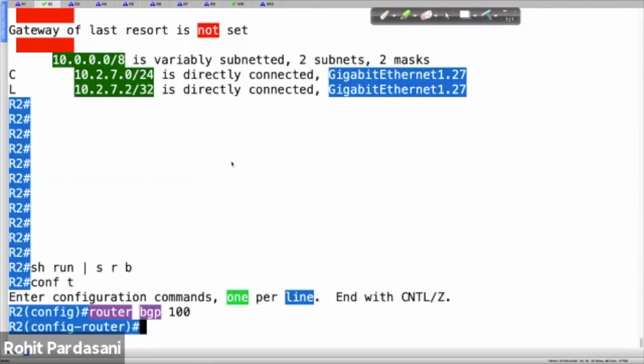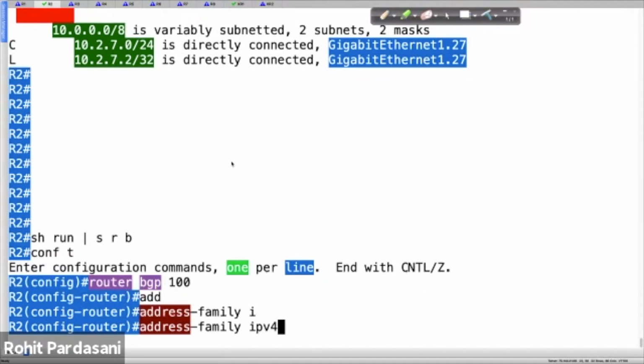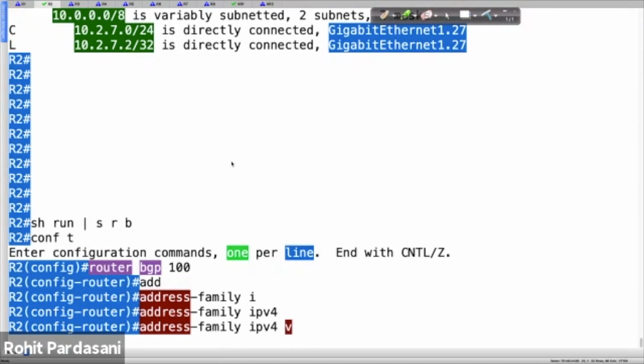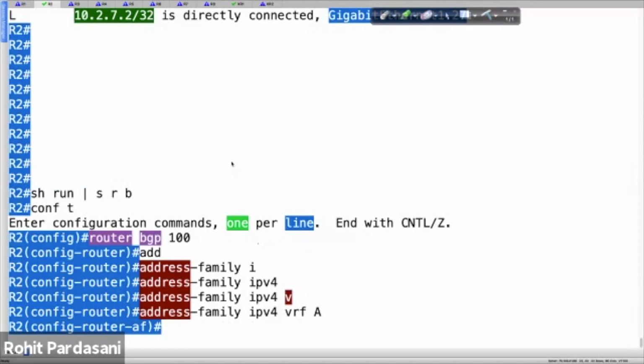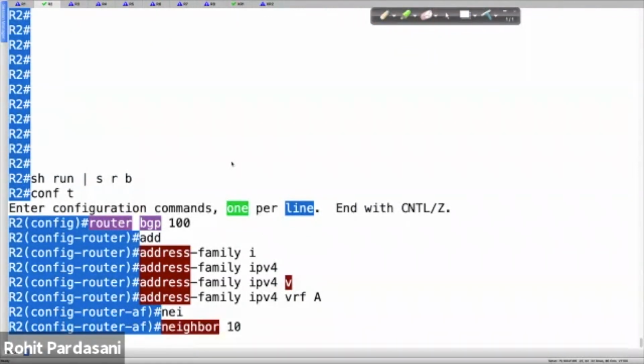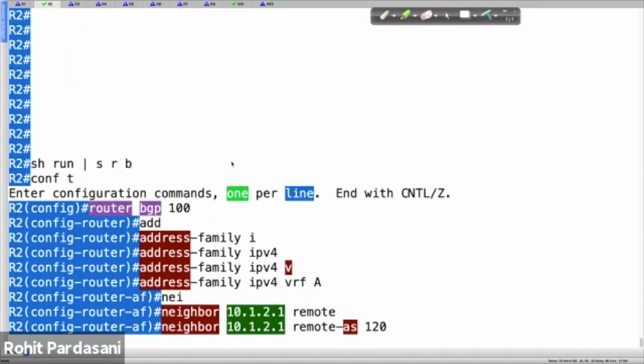Is my neighbor in the global routing table? No, because I have moved the customer-facing interface from the global routing table to VRF A, right? So that should be under address family IPv4 VRF A, and then give your neighbor statement,